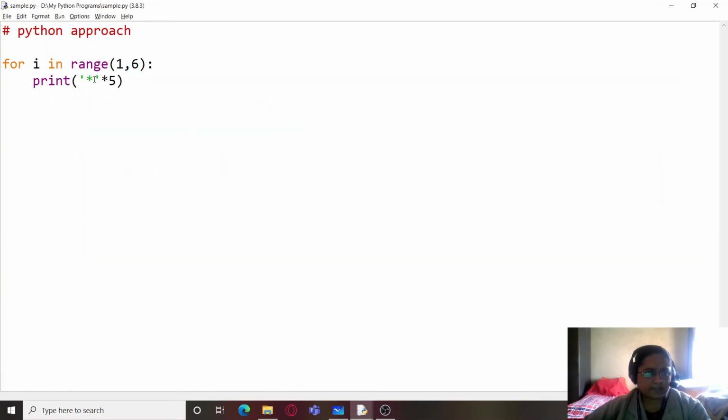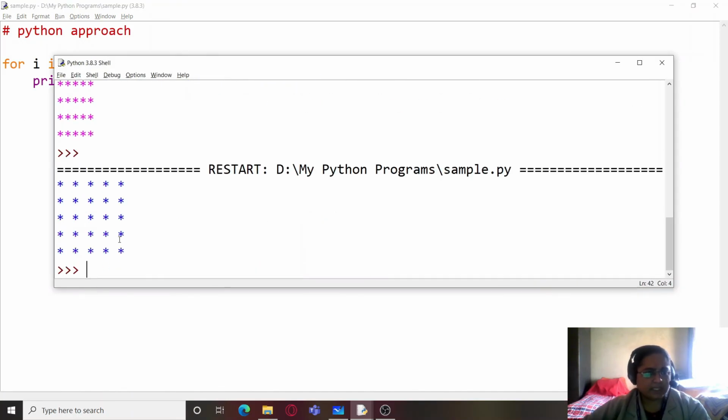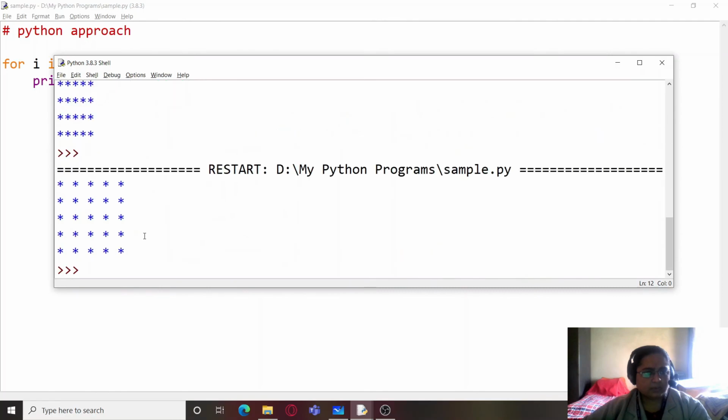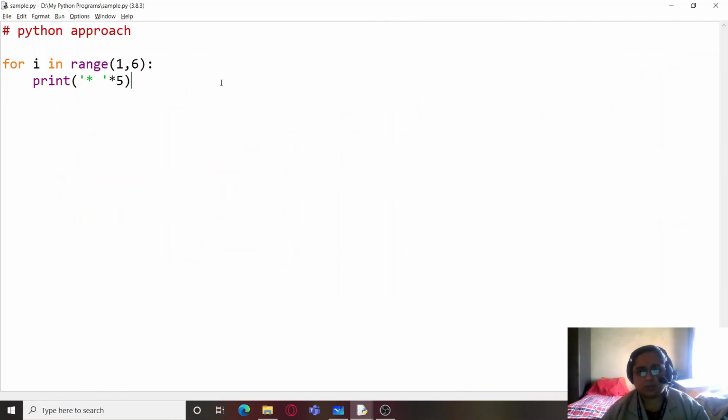And once we do this, let us just run it, and you can see that it prints it like this. Let's give some extra space in between. So I'm just going to give 2 spaces or 1 space after this, and you can see that we easily get the same pattern as we were getting before. So this is the exclusive Python approach. Normally other programming languages follow the traditional approach, which is 2 nested loops and a number of lines of code. So all those 5 to 6 lines of code are just crunched into 2 lines of code in Python. So that's the exclusive Python approach which we can follow.